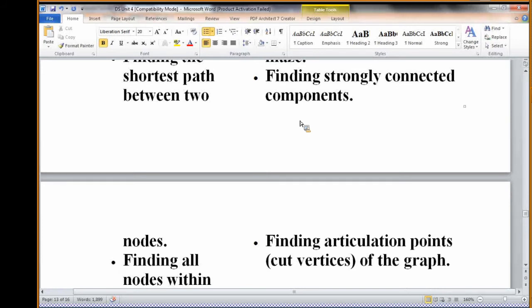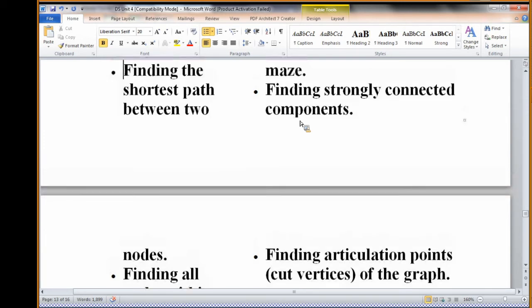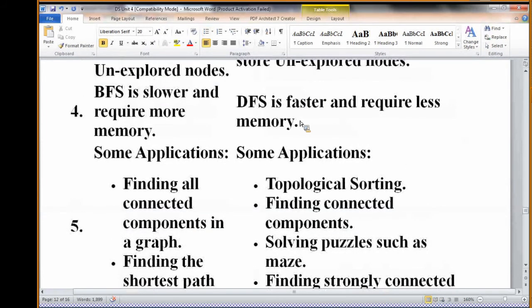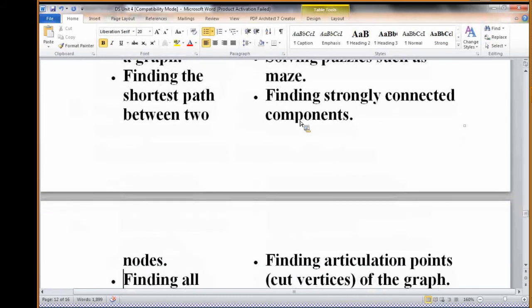So for example, a particular vertex is cut. You cut means you deleted. Then how will the graph be? Whether a cycle is formed or not, whether it is directed or undirected, whether it is cyclic or not. All these things come into the picture, so that's why all these things are easy in the case of DFS. So these all are the applications of BFS and DFS. Please note down applications, which are very important.